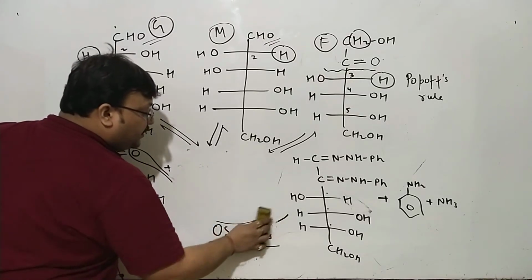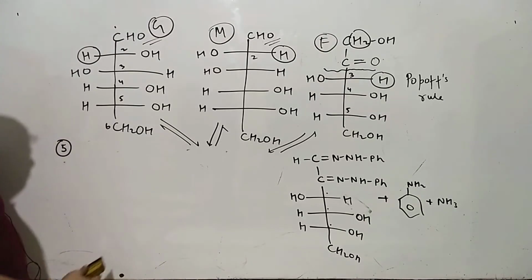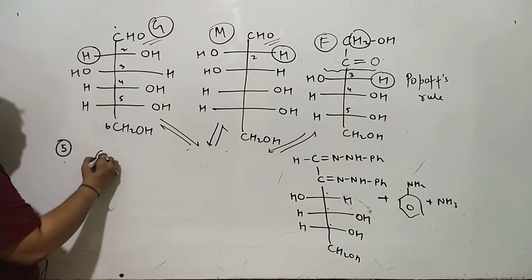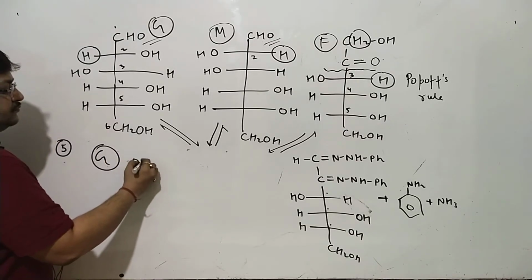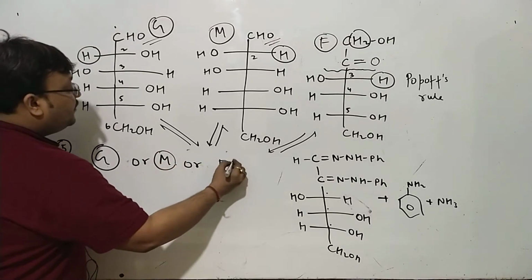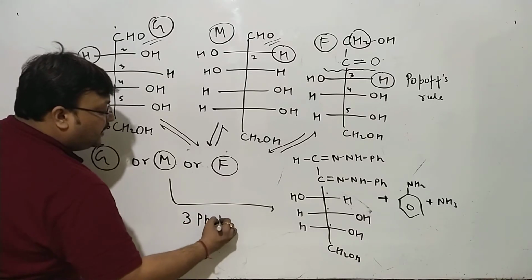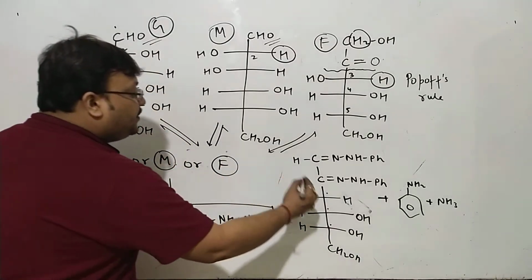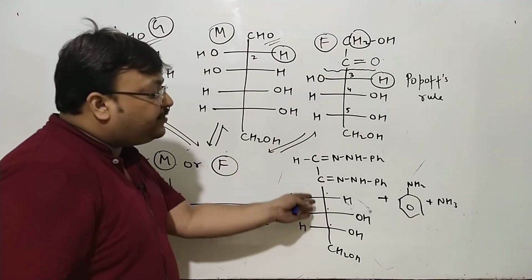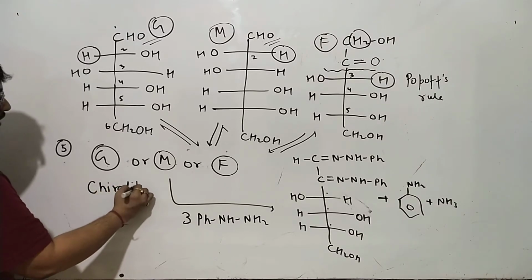If I tell you that I began with glucose, but even mannose and even fructose with 3 moles of phenylhydrazine, if all the three give you the same osazone, glucose, mannose, fructose, this will prove that around carbon 3, carbon 4 and carbon 5, the chirality or configuration